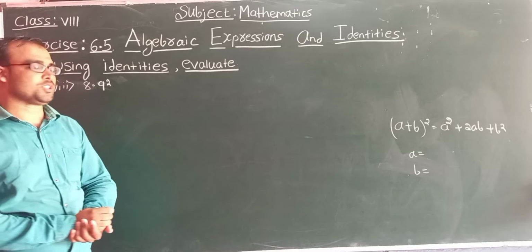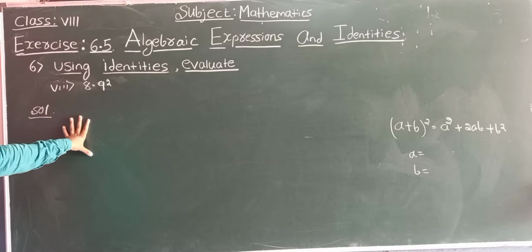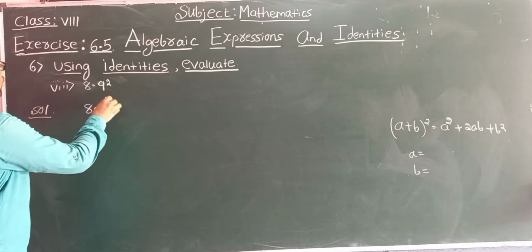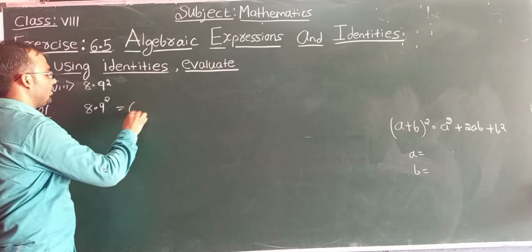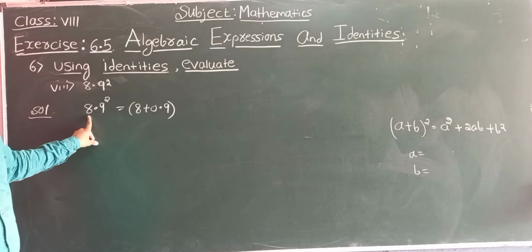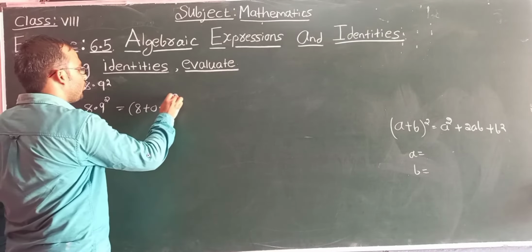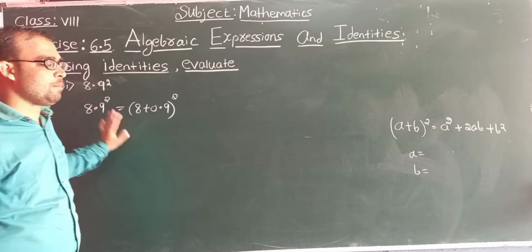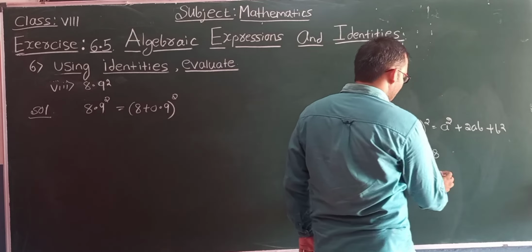Students, now let us solve the 8th question. Here they have given 8.9 square. Now we need to find the value of this using the identity. This 8.9 can be written as 8 plus 0.9, whole square. Now just look here, it is of the form a plus b whole square. Here a means 8 and b means